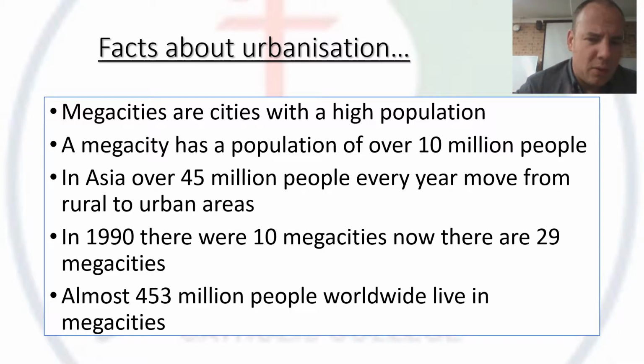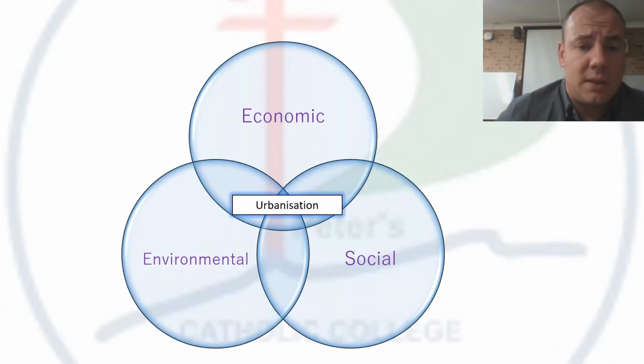So when we're talking about consequences, we not only have more people living in urban areas, but these urban areas have become megacities. Not just cities, but megacities. Tremendous amount of people moving. And as I've said before, developed countries have had time to cope with this change. Countries in Asia which are rapidly developing, they don't have the time to cope with it, and as a result we have some pretty significant consequences.